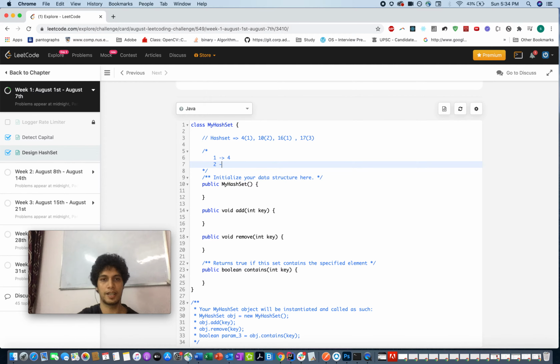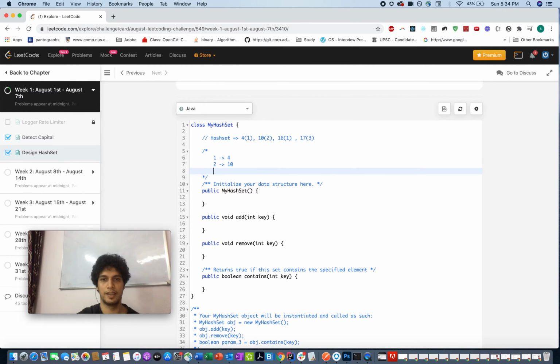In the second index you added 10, and then comes 16, which has a similar hash, and you appended 16 at the end. So in this way you start forming a linear chain of the numbers yet to come, wherever there is a collision, where the hash of two keys turns out to be the same, and 17 would be somewhere here. So sorry.